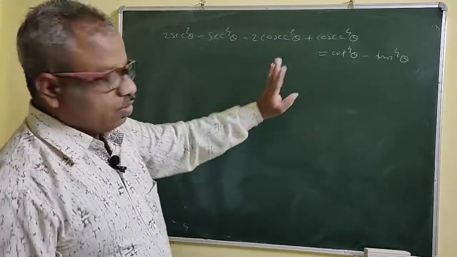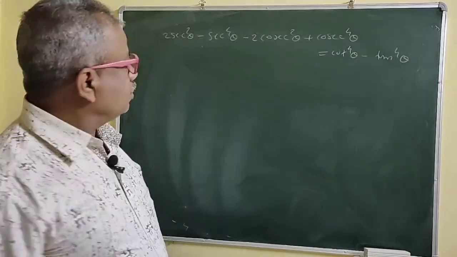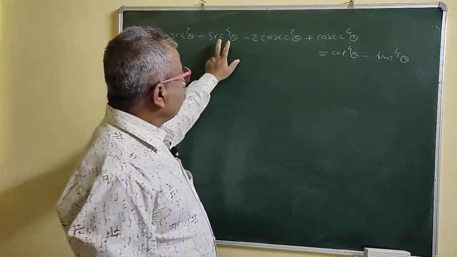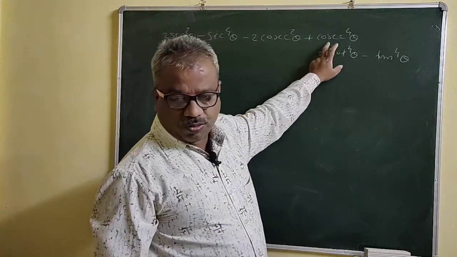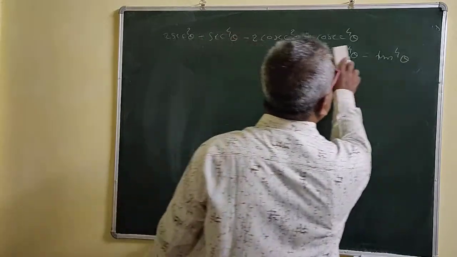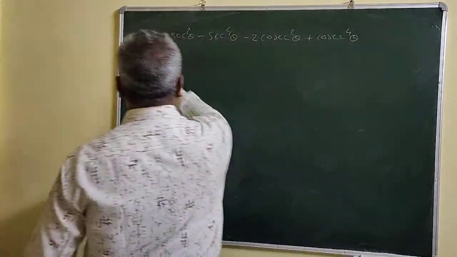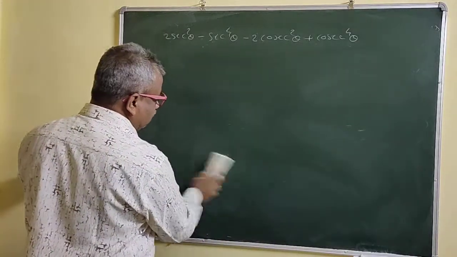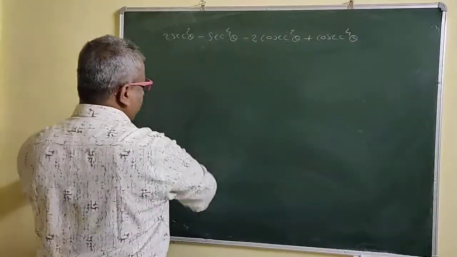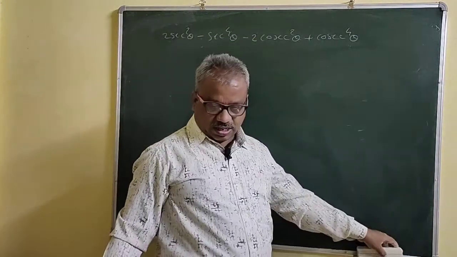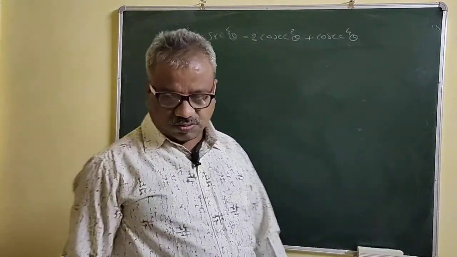So there is cot and tan in the RHS. So what we will do, we will express this sec to the power 4 and this cosec to the power 4 as a square, and then we'll see what happens there. Okay, so we'll take LHS now. Everywhere there is a sec square and cosec square. Each term contains sec square or cosec square, right? And you know that there is a relation between sec square and tan square, cosec square and cot square. So what we do?